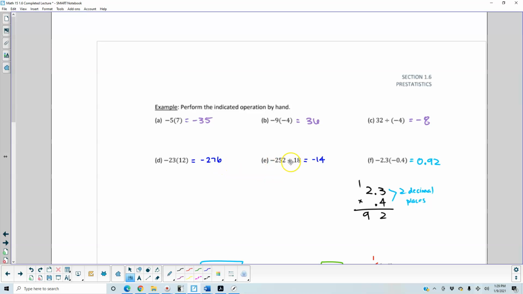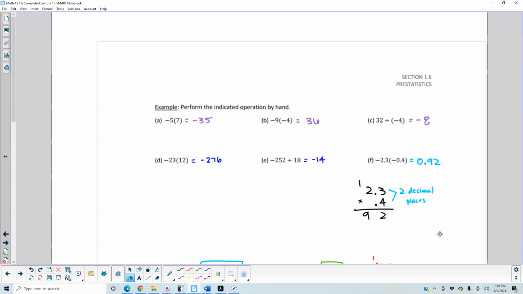Part E, a negative divided by a positive is going to give us a negative result. Negative 252 divided by 18 is equal to negative 14. A negative times a negative is going to give us a positive. So 2.3 times 0.4 gives us